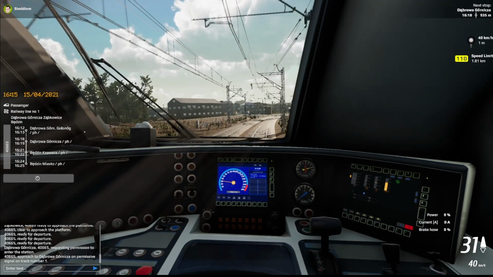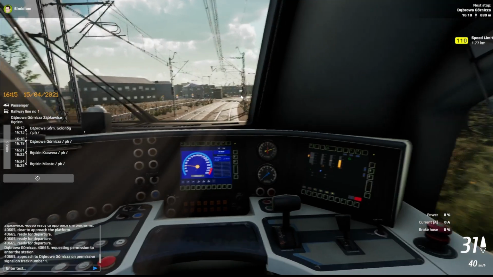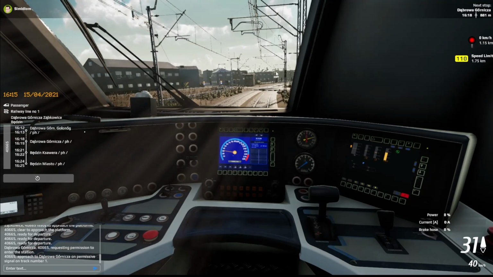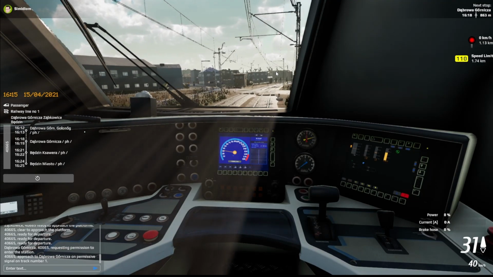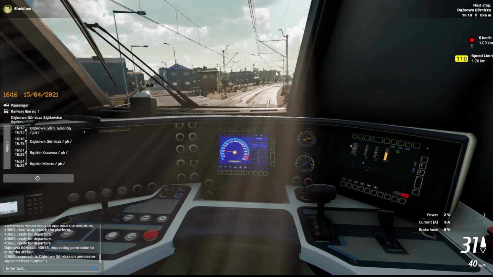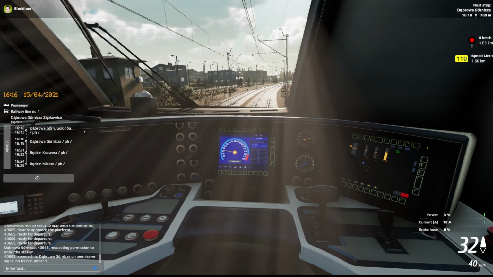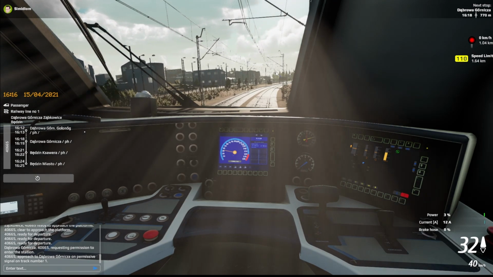Okay, so they've let us go through that light and enter the station. They've let us go through the red light. So there must be a train in front of us that has left the station, so we've got permission to go in and stop at the station, but not move forward, so...